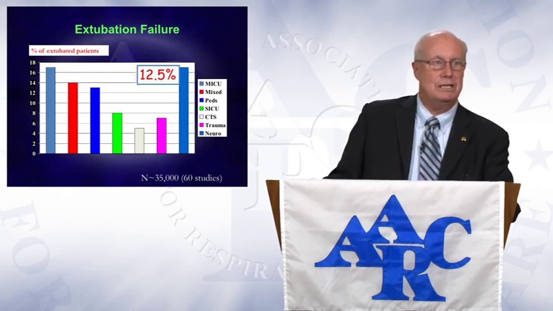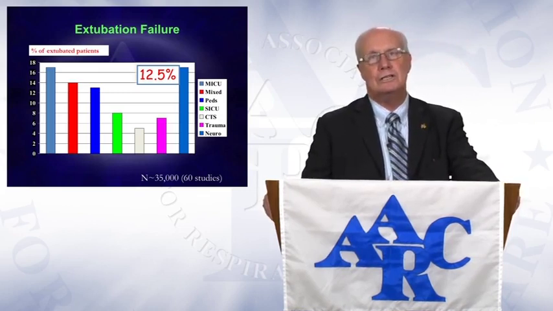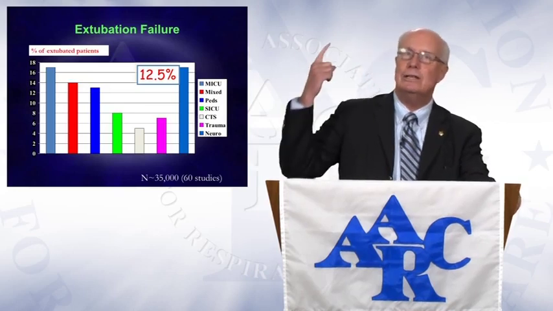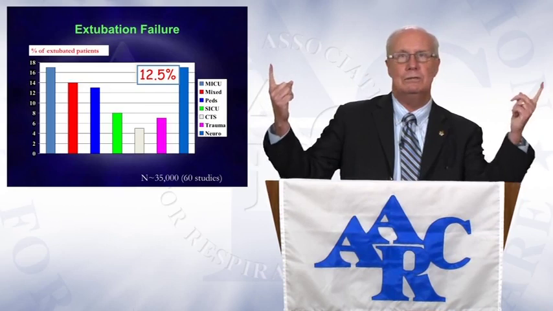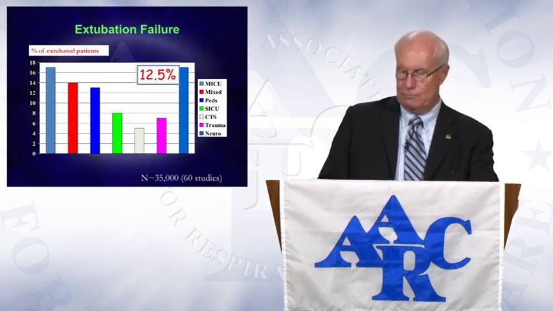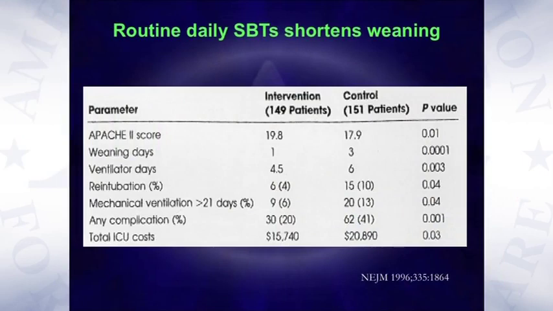Again, this is Scott Epstein's data that's looked at a number of different ICUs around North America. And as you can see, the national average, and I think a reasonable rule of thumb, is that about 12.5% of your extubations ought to be requiring a reintubation. You guessed wrong. So again, you don't want to be too conservative, you don't want to be too liberal. And a quality indicator of right around 10, maybe 12, 15%, I think is a useful parameter, and it's a parameter we follow back home to monitor our practices.